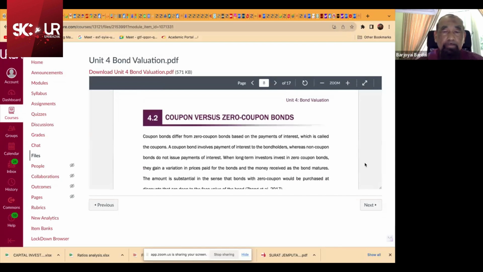So we will come back to zero coupon shortly. This is the difference between coupon versus zero coupon. Coupon bonds differ from zero coupon based on the payment of interest, which is called the coupon. A coupon bond involves payment of interest to the bondholder, whereas a zero coupon bond does not issue payment of interest. So when a long-term investor invests in zero coupon bond,